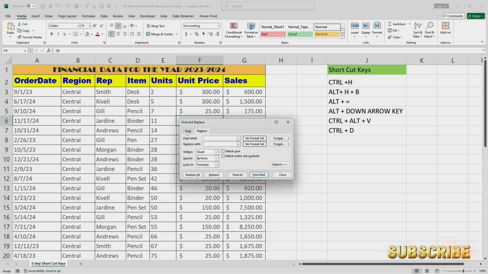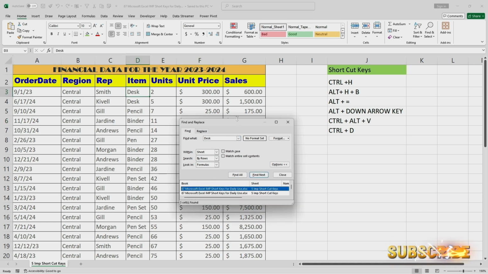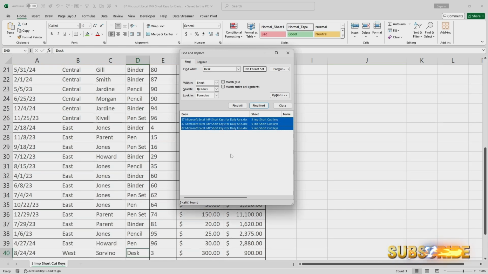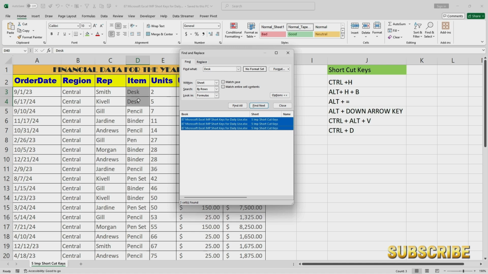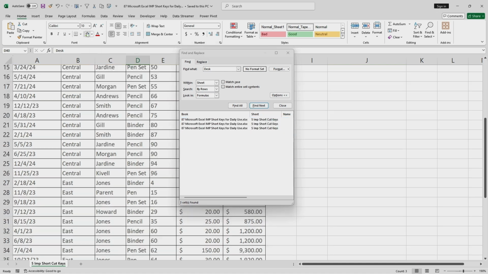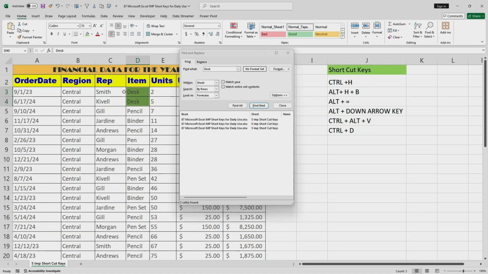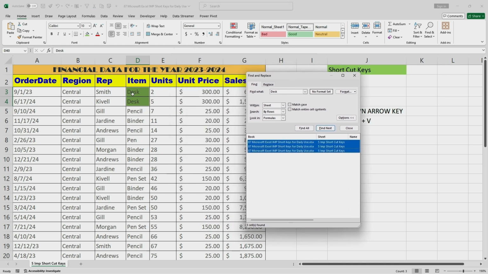If I wanted to find some data, I can simply enter the data. I wanted to find desk, and I'll be able to find the desk. Now in cell 3, we have the desk item listed. If I wanted to make it green, the items which we have found will be highlighted